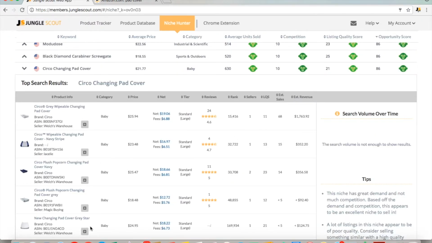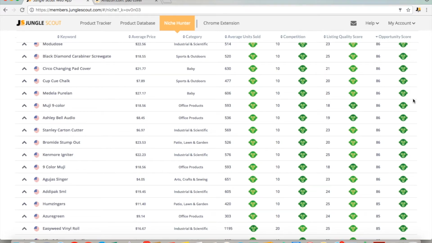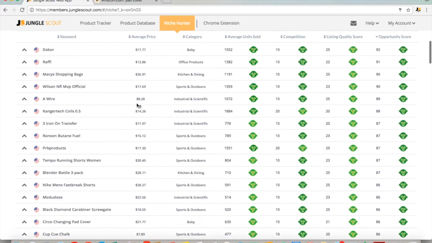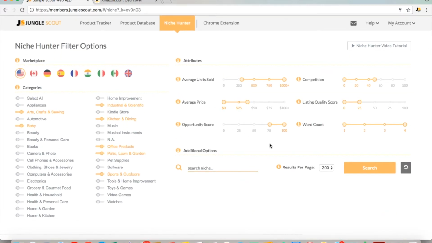Keep in mind, like I said, you can track these. So while you're looking through, go ahead and track these, but also write down the category, baby, because then what we can do, let me highlight this so I don't forget where we're at. After you spend a couple hours or a couple days searching these broad attributes, you can start to establish a trend, and then you can come in here and click baby only,